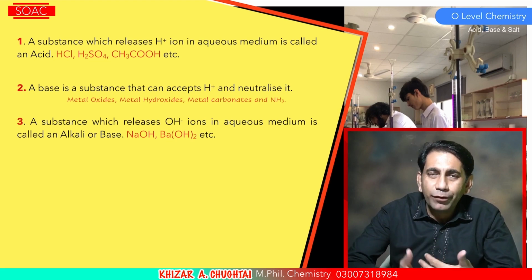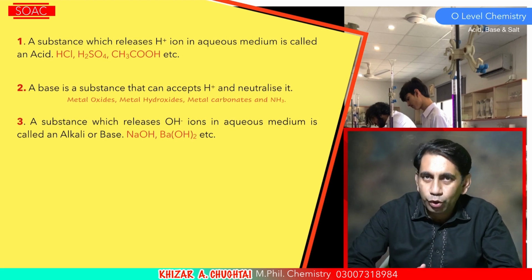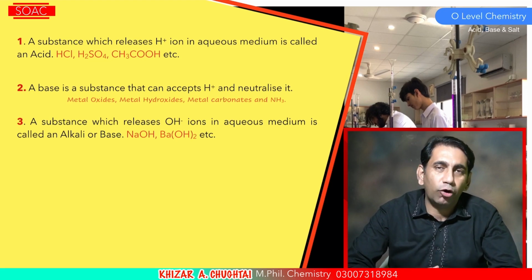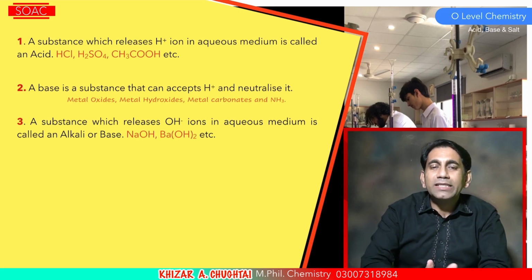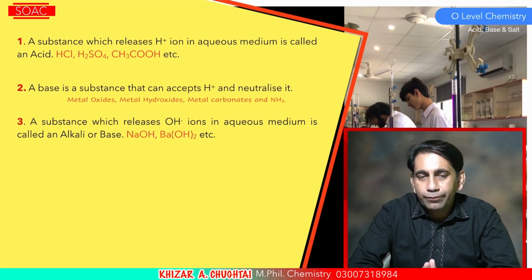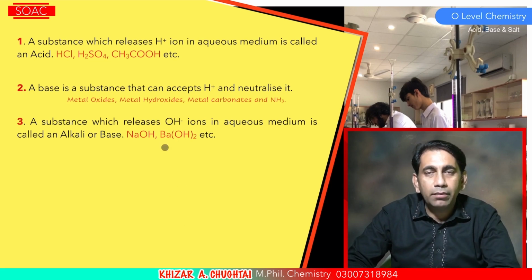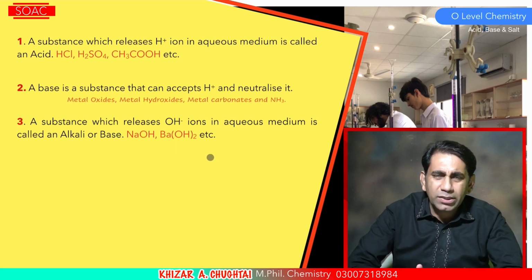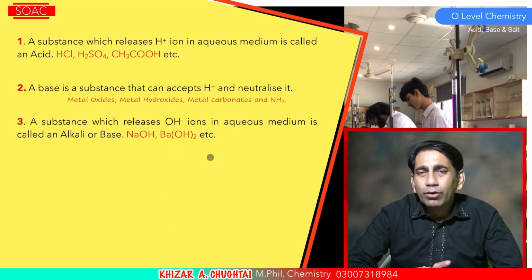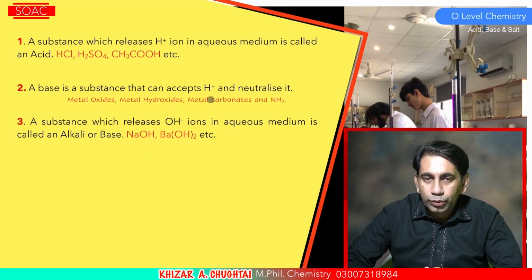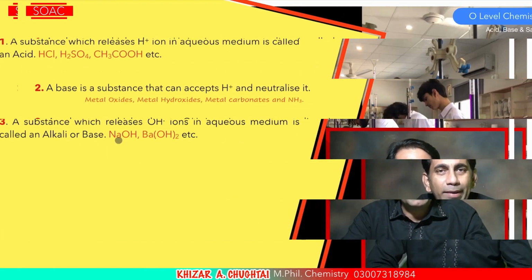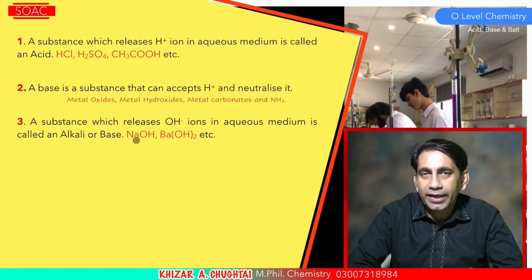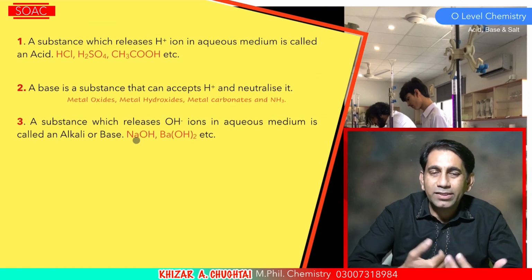There are different compounds that have an OH group, or sometimes they do not have an OH group, but they can generate OH negative ion in aqueous medium with water molecules. These are called bases as well as alkalis. For example, sodium hydroxide and barium hydroxide, group 1 hydroxides and group 2 hydroxides. These hydroxides can accept a positive ion, so they can be called bases. And these compounds can lose OH negative ion in aqueous medium, so they are said to be alkalis